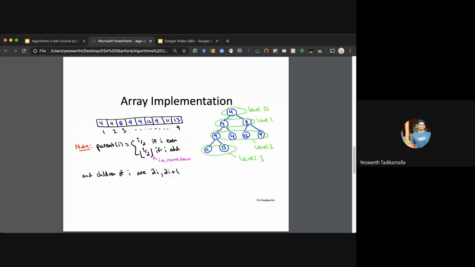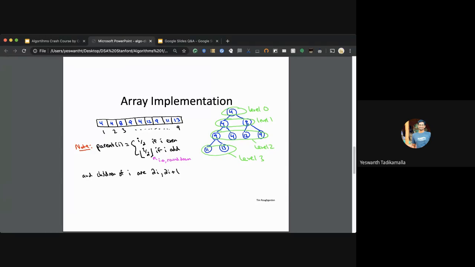Let's get into the implementation details. A min heap is essentially implemented via an array. For any given node i, its children will be 2i and 2i plus 1.